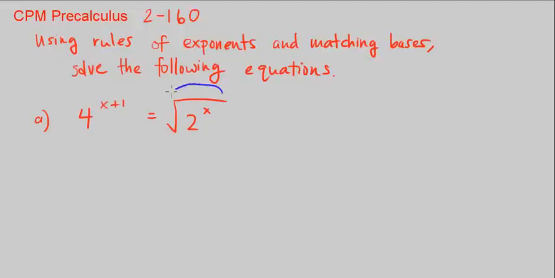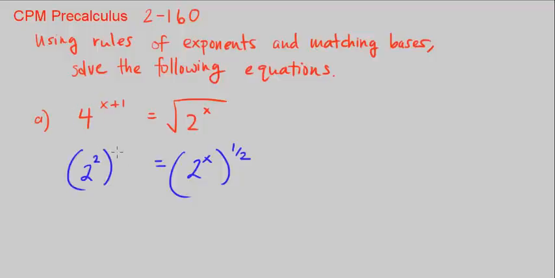Well, what is the square root? Let's go ahead and do each side separately for a few seconds. The square root is the same as the power of 1/2. So this is the same thing as 2 to the x, inside, to the power of 1/2. Okay? And we know 4 has base 2 by making it 2 squared, right? 2 squared is equal to 4. So 2 squared to the power of x plus 1 is the same as what we have on the left,